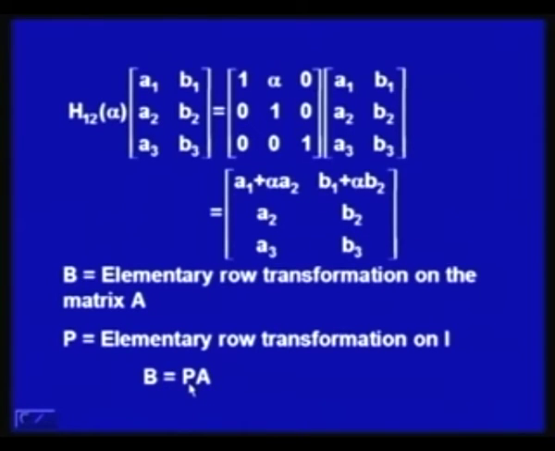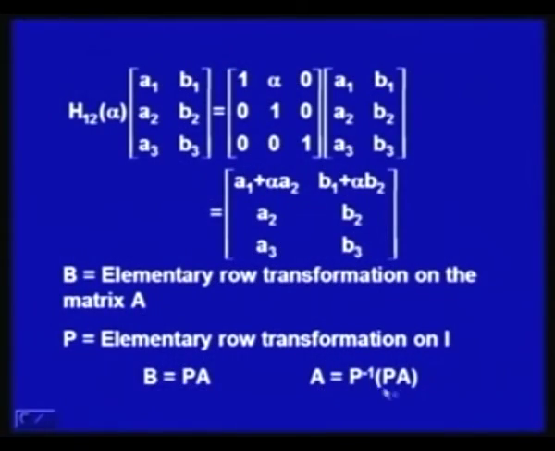So, it is pre-multiplied by the matrix A and the result is the same. Now, this actually gives us the result that A can be obtained as P inverse P A. So, after applying a row transformation, A is transformed to B, and you again apply another set of transformations and you will come back to the original matrix A, provided this P inverse exists. So, if P is non-singular, then P inverse will exist, and in that case A can be obtained as P inverse P A. So, one can obtain from B the matrix A after applying elementary transformations.